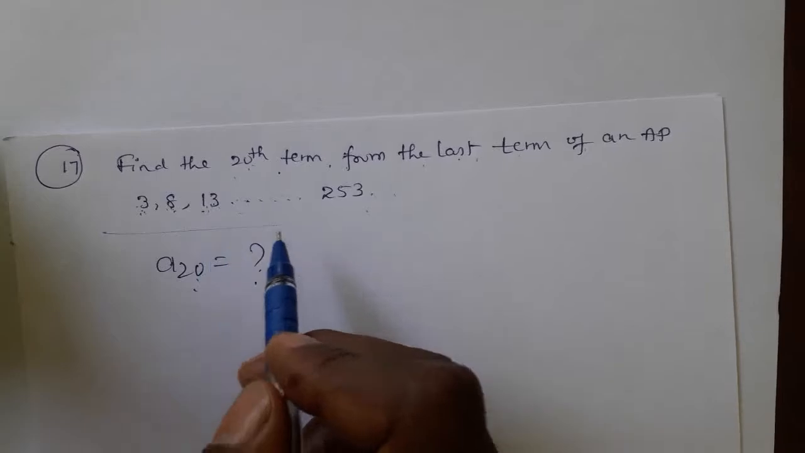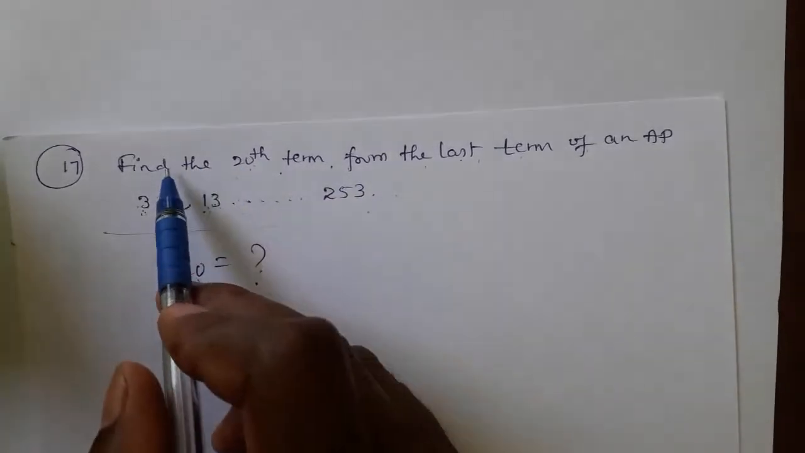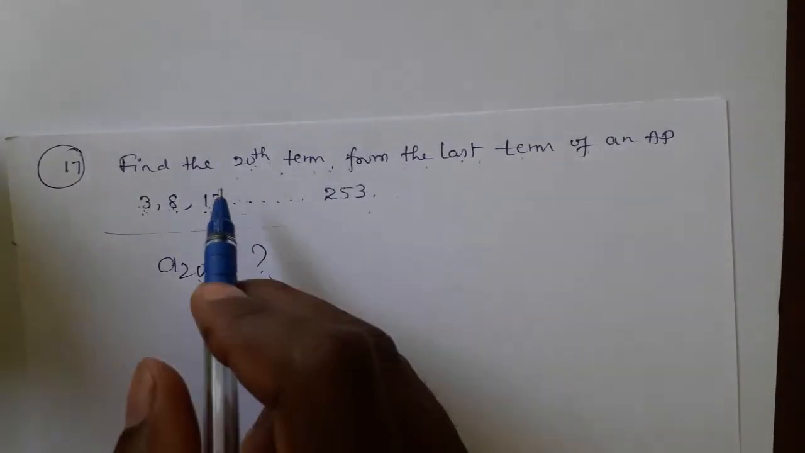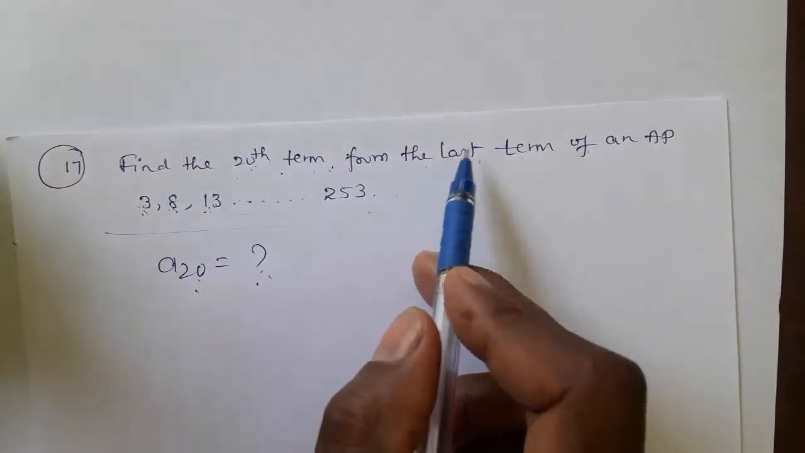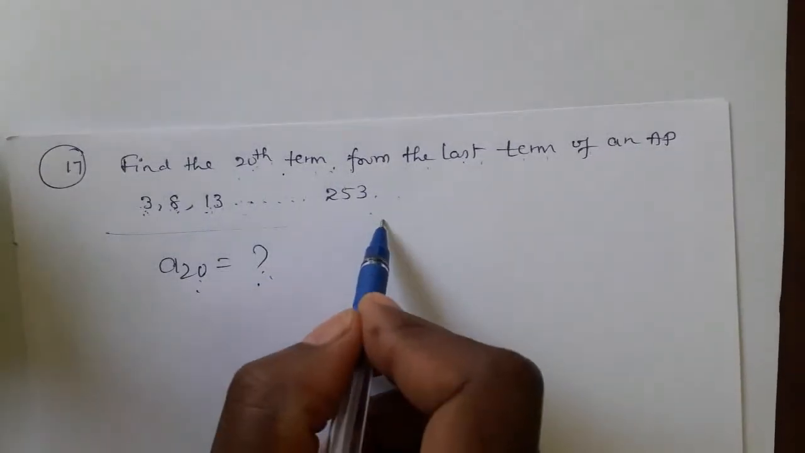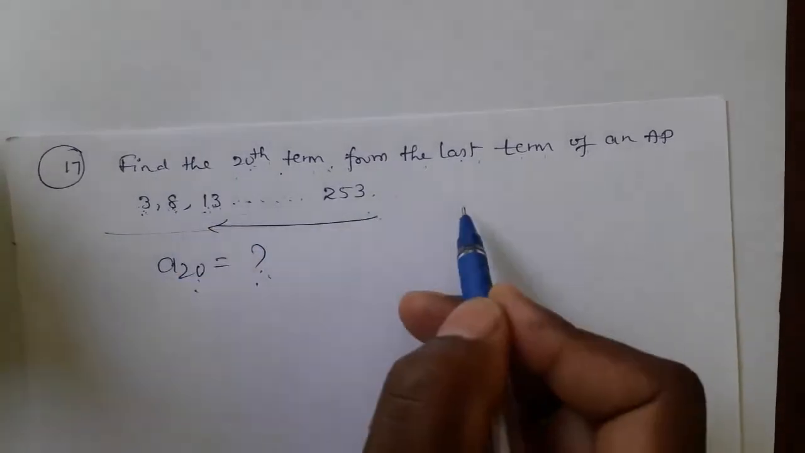That is the practical method. But the question is not that. Find the 20th term, only that much is there, find it out. But the question is from the last term. Find the 20th term from the last. That means you have to get the 20th term from the last, this